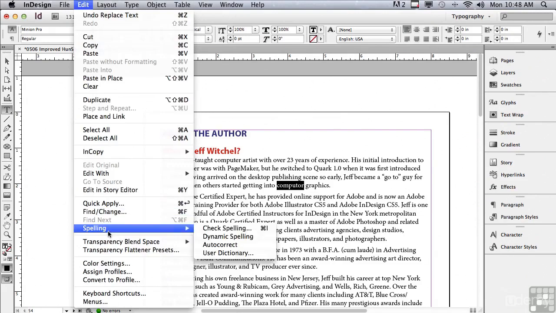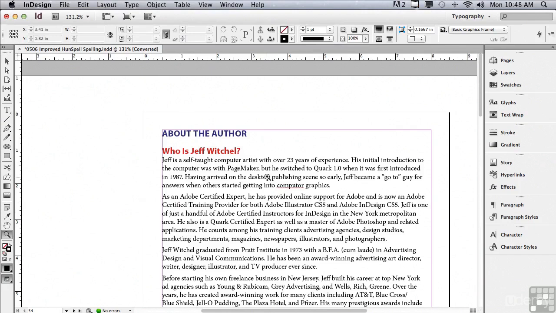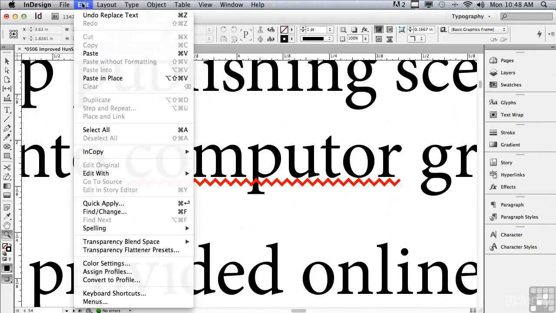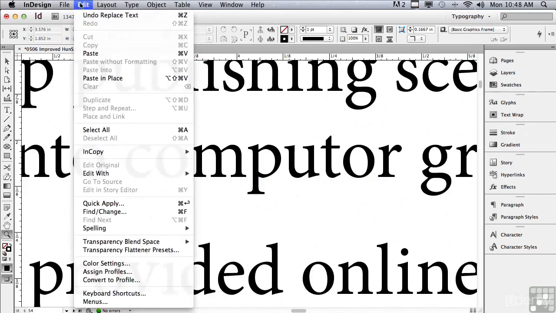There's something called dynamic spelling. And what that's going to do is, any word that is misspelled, let me just zoom in a lot closer so you can see this. It's going to put a jagged red line underneath that word, so it's easy to see the misspelled words. Let me go back under the Edit menu to Spelling, turn off Dynamic Spelling, and let's talk about Autocorrect, which